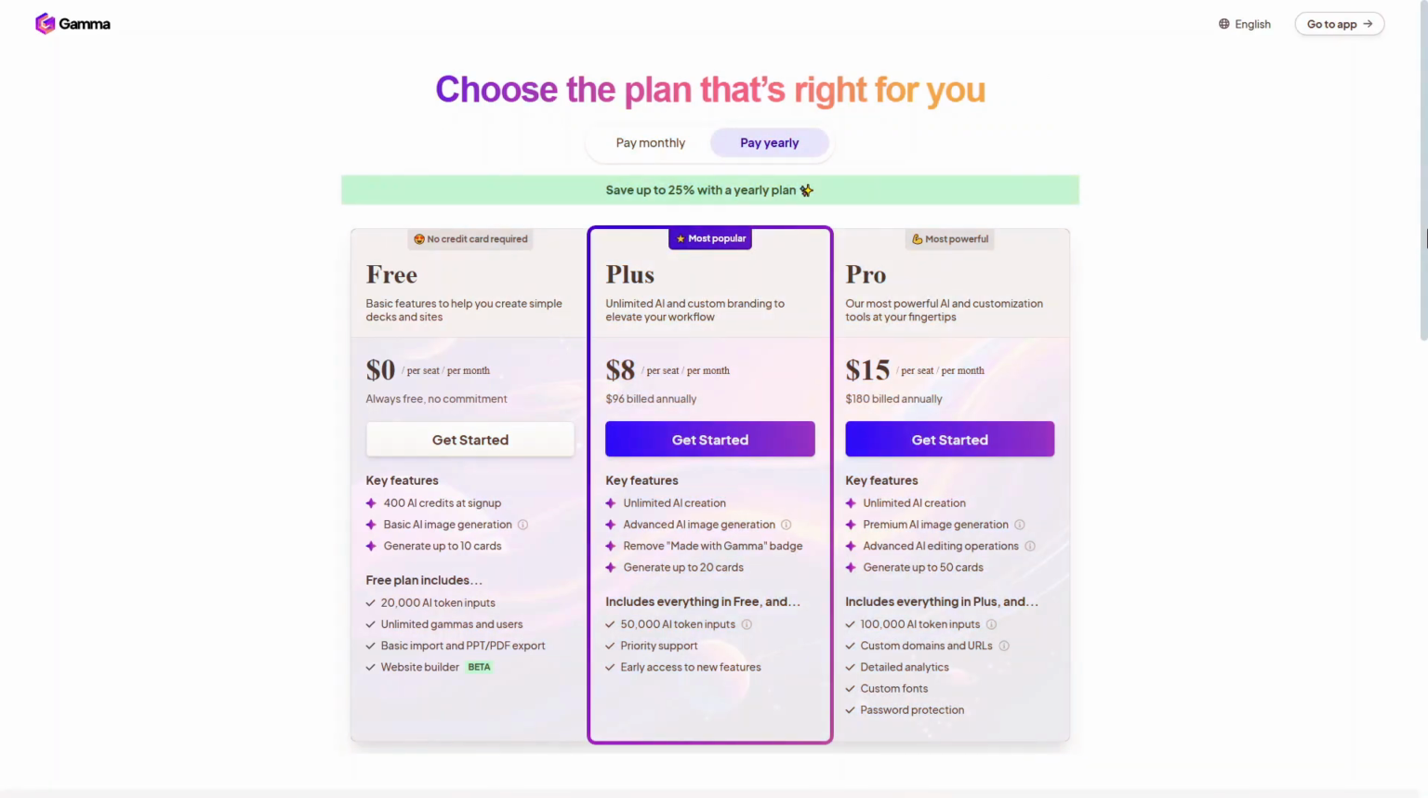Now let's talk about Gamma AI's pricing plans and what each one offers. Gamma AI offers 3 pricing plans: Free, Plus, and Pro. The free plan costs nothing per seat per month and provides basic features for creating simple decks and websites. It includes 400 AI credits at sign-up, basic AI image generation, and allows users to generate up to 10 cards. Additional benefits include 20,000 AI token inputs, unlimited gammas and users, basic import and PPT PDF export, and access to